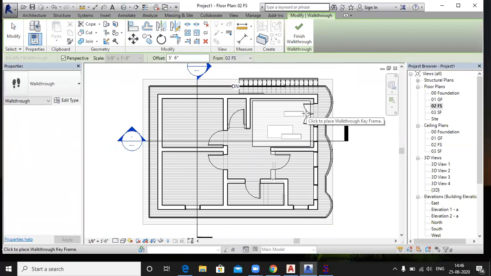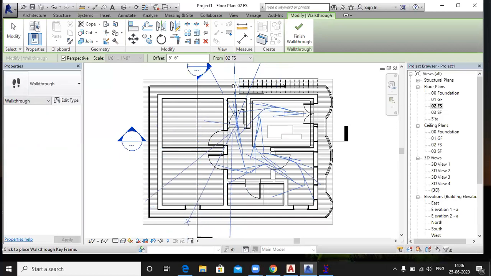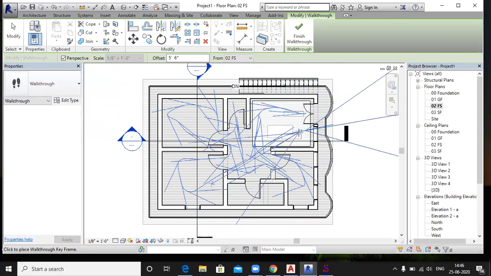This is your start point, and just mark the points where you want to create the walkthrough like this. This is the path of your camera.